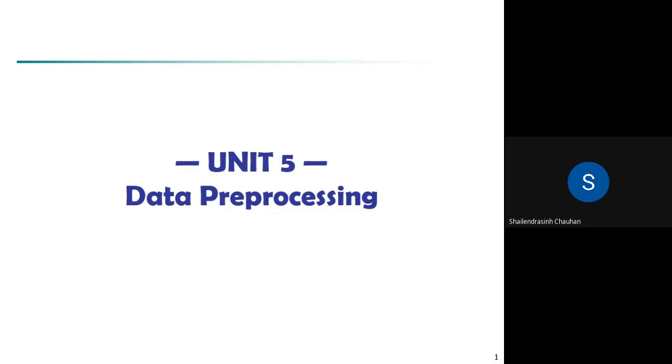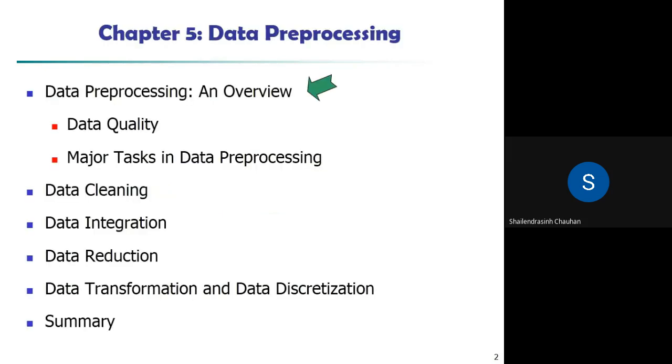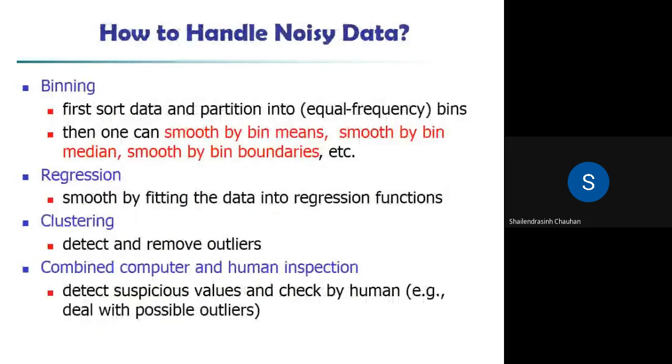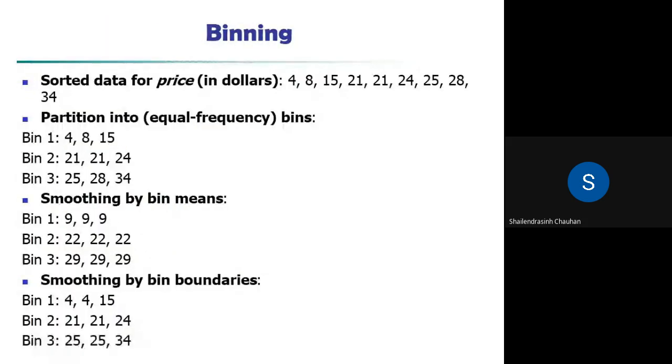Now, in the previous session, we had discussed binning sums. If you want to deal with noisy data, there is a binning method, and you can smooth out the noise. One method we had seen to create bins is the equal frequency method. If you want to create bins, two methods are there: equal frequency and equal width. Now, if you want to create bins using the equal width method, then let us see that sum.